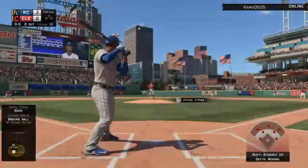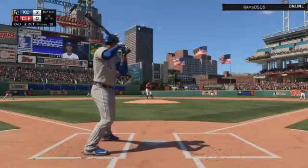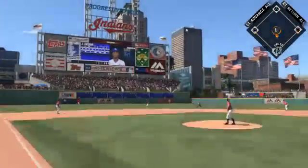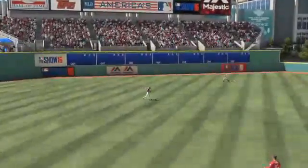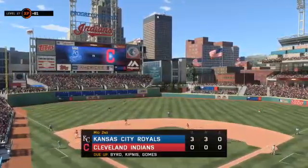Alcides Escobar into the box here in the top of the second, looking to keep this inning going. Swing and a liner toward the gap in left center. Brantley is there, and how about that? A 3-pitch inning as this side is